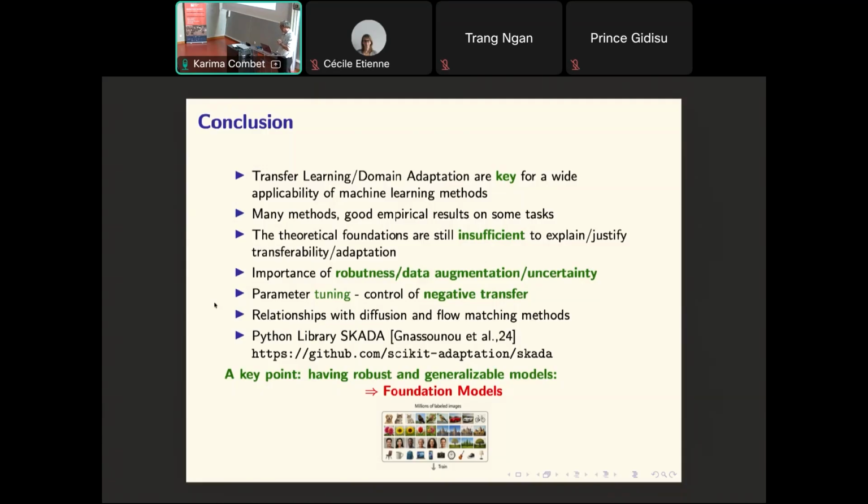The question of time is also, for example, if you don't want to process all the source data, you only keep the source model, and then you work only from that model, which is a way to avoid processing the source data. If the model is too big, what you can try to do is to reduce this model by finding more compressed models, either with smaller architectures or by finding a way to compress the weights in a subspace where you have fewer weights, and then work on this model, which will be smaller, and then more efficient, in the sense of quicker to provide answers.